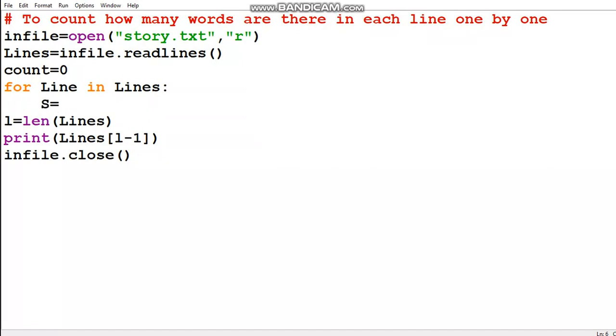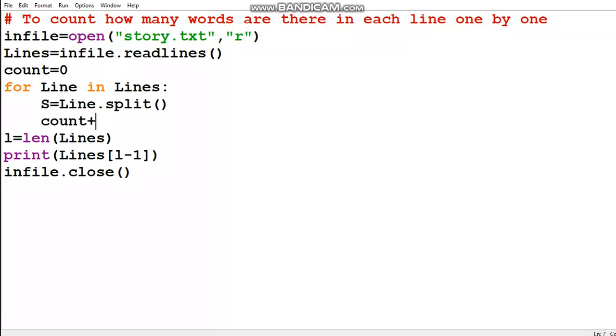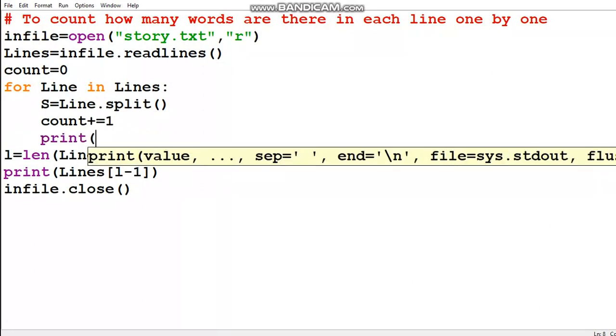Then any variable, s equals line dot split function, count plus equal to 1, print first line is having, count, words, with len of s.